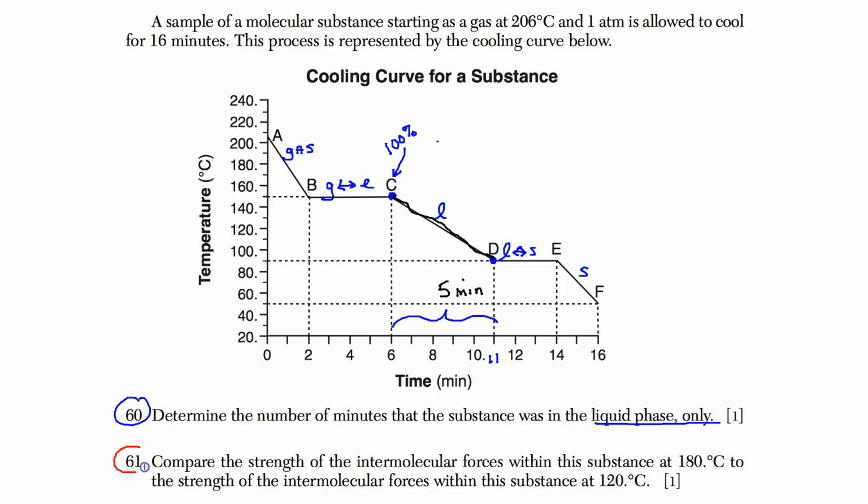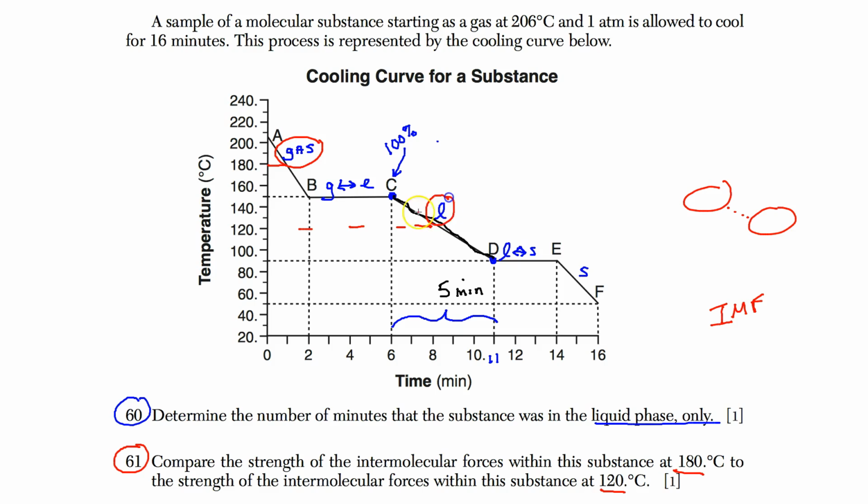Number 61. Compare the strength of intermolecular forces within this substance at 180 to the strength of the intermolecular forces at 120. Okay, intermolecular forces, IMF, are the attractive forces between the molecules that keep them in the solid phase or determine if they're in the liquid phase or the gas phase. Now, at 180, we have a gas. And at 120,